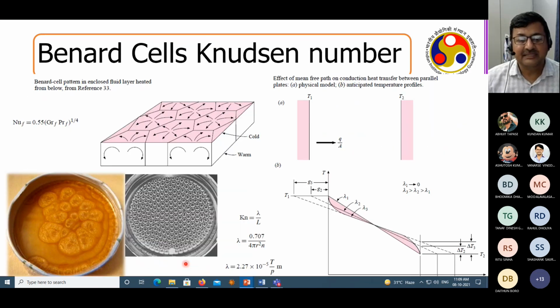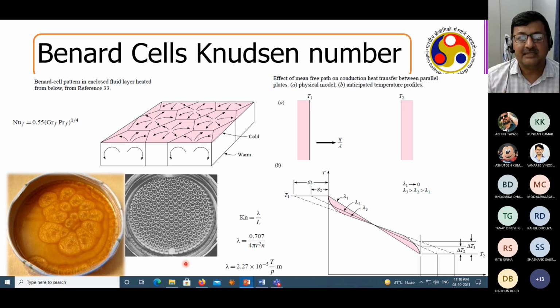And then we could understand that these Bénard cells have a big connection with the Knudsen number. What is the Knudsen number? Essentially, you are trying to map these free convections with the kinetic theory of gases. In the kinetic theory of gases, you assume that molecules don't have any existence; these are all point masses. They are moving incessantly in natural conditions, and they collide after some point of time. Between two collisions, the travel path you define as the mean free path. So it's a gaseous state.